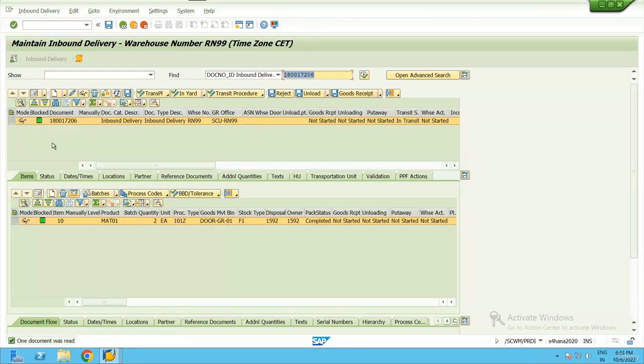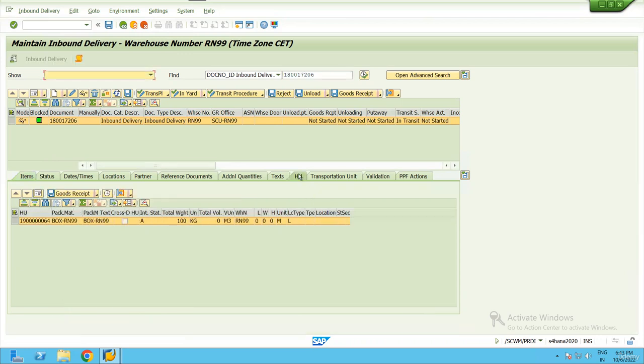So here, this is my document. Let me check if my handling unit is there. Okay, so there is one more condition for POSC, like this POSC is only applicable for the deliveries with handling unit management. If your handling units are not there, then POSC can't be